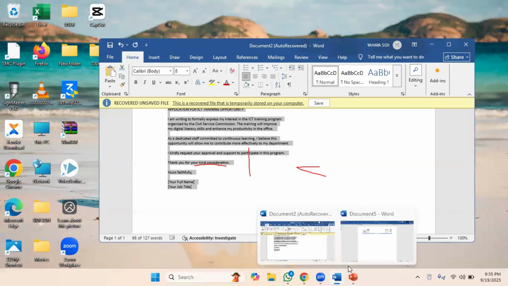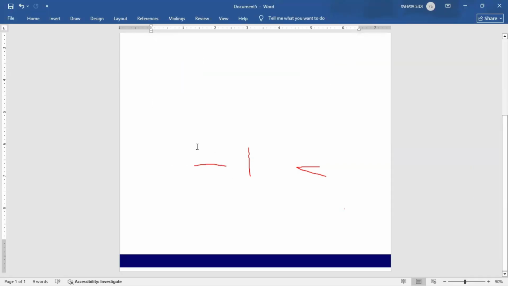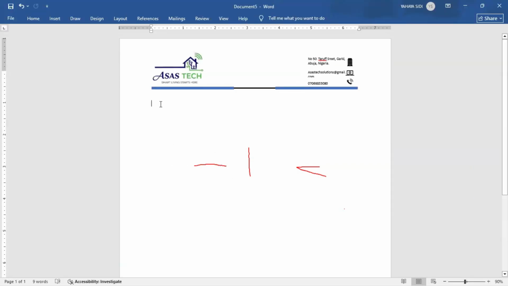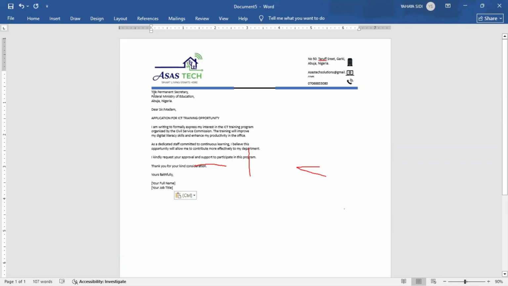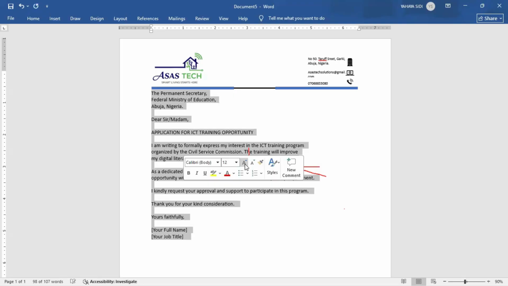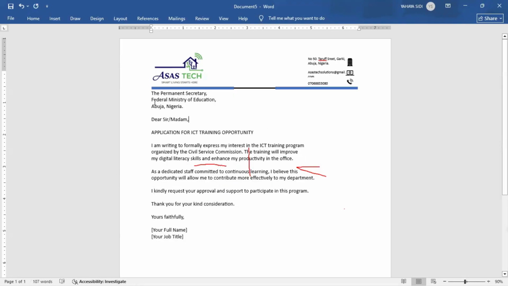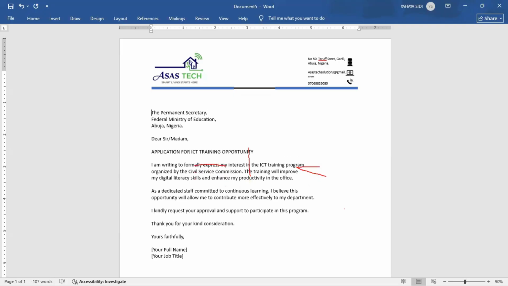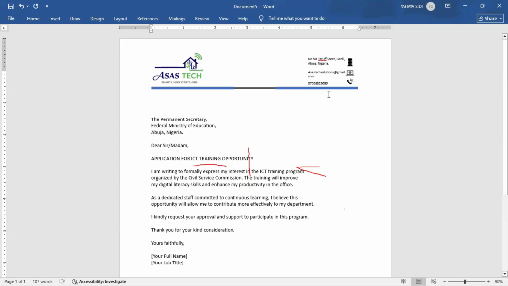all together. Since I have something like this with me, let me use this and arrange it so you can see. Now, normally we also have to put the date. Let's say today's date is 19th September